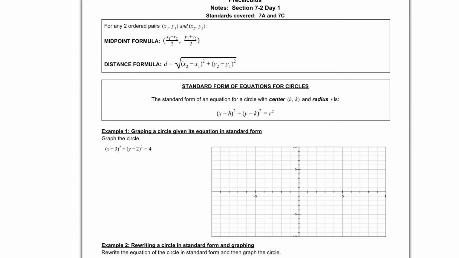Today we're going to be graphing circles. If you take a look at example 1, it asks us to graph a circle, and in order to do that we need the radius and we need the center. If you take a look at the box up on the top, we have our standard form of equation